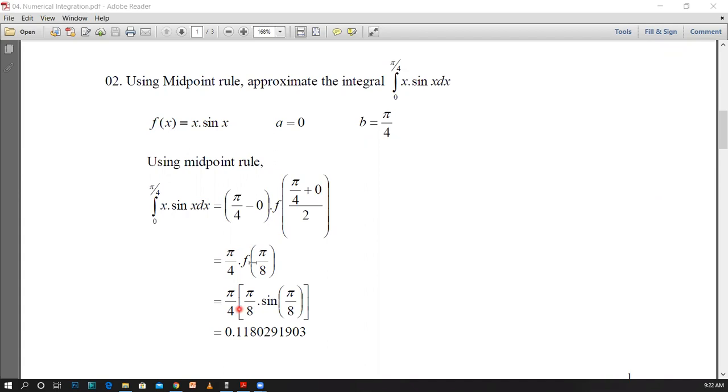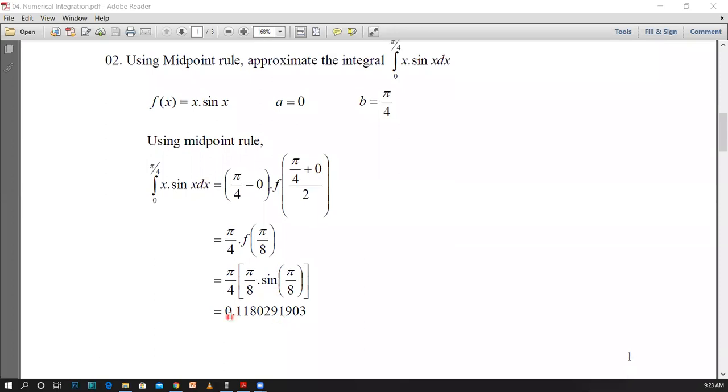Therefore, now you have to substitute this midpoint value inside the function. You can see that the function is x times sin x. Therefore, in the place of x, now you have to substitute 5 divided by 8. That is how we are getting 5 divided by 8 times sine 5 divided by 8 inside this bracket. And we have to evaluate this calculation. Therefore, once you insert this quantity in the calculator, then you will get this value as